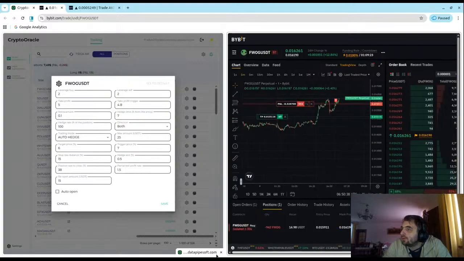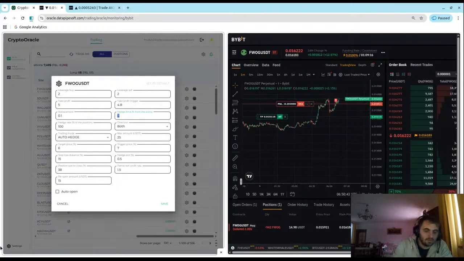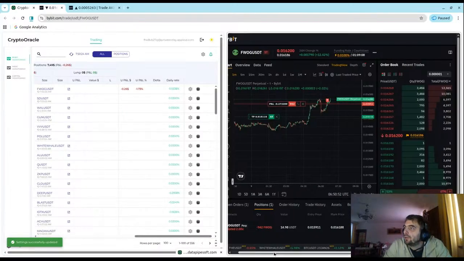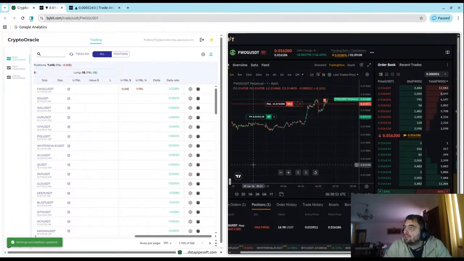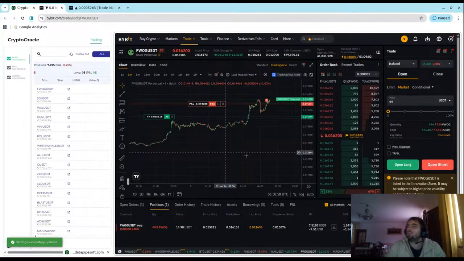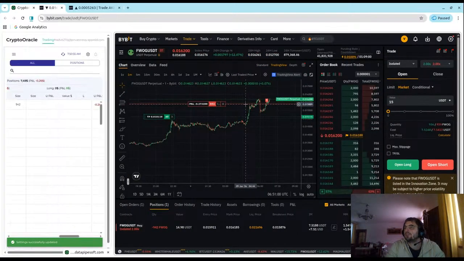What was it? 2%. Let's make it 2%. And it's going to hedge it at 2% if we go up. This is for demonstration purposes. I probably wouldn't make such a tight hedging limit.